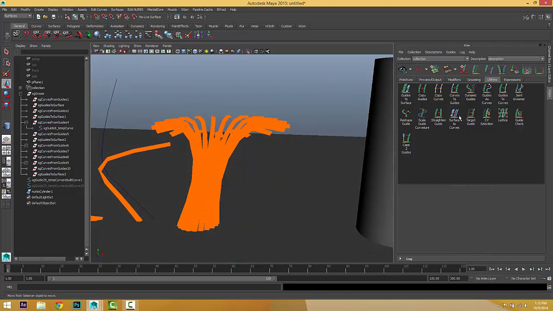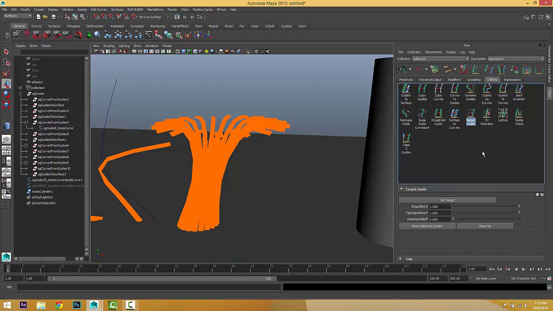So we can choose surface to curves, and in which direction you're usually going to use V or U, and you can choose how many curves you want, and after that, just create curves. You'll get as many curves as you want from the surface. Okay, we can get target guides.